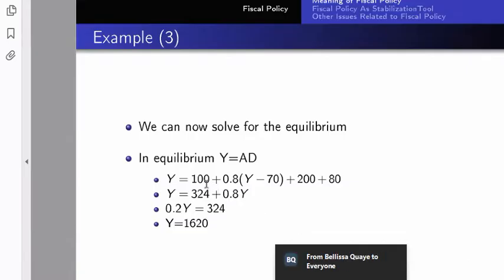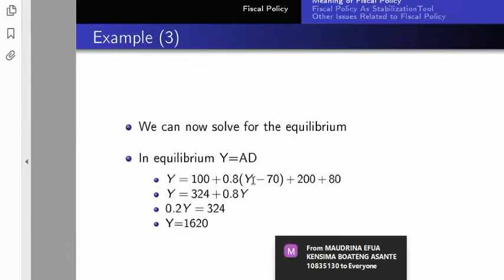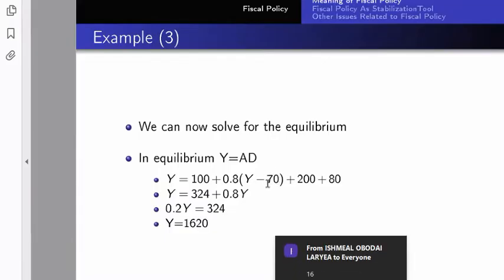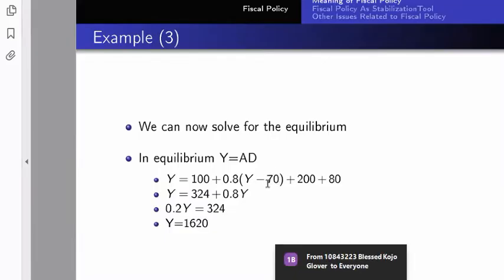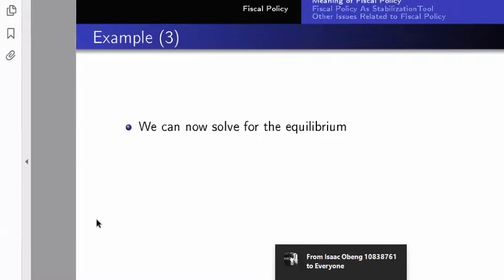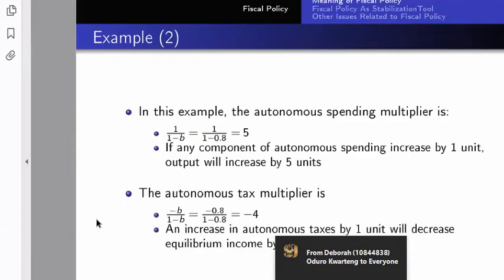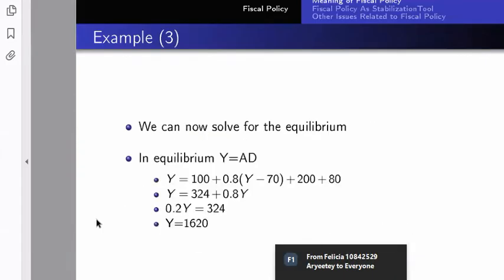So it becomes C plus I plus G. But here, the YD, what you do is you do Y minus T. So the T here is the 70. The T here from the question is what? It is 70. So you can substitute it into the equation and solve for Y. Okay, so now your equilibrium national income.